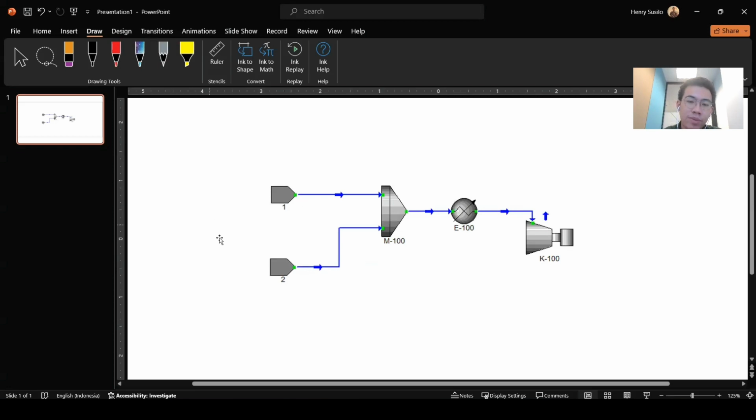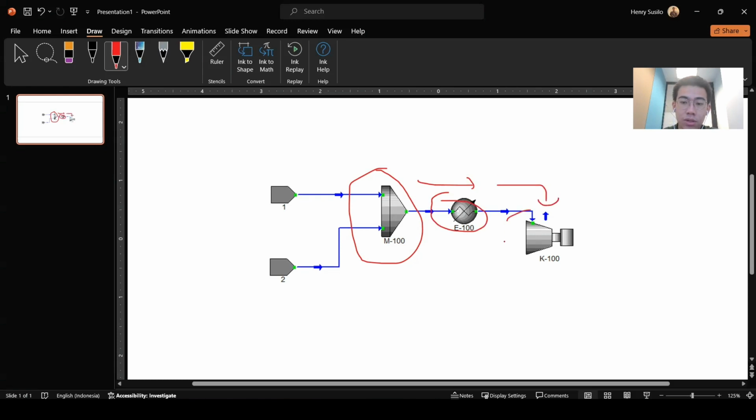Okay, so here I have an example of a flow sheet that we will simulate today. We have a mixer, a cooler, and also a compressor. If we use the sequential modular algorithm, we will start by solving the mixer first, then the cooler, and then the compressor. It will be solved sequentially, as the name implies. So we could also know that if